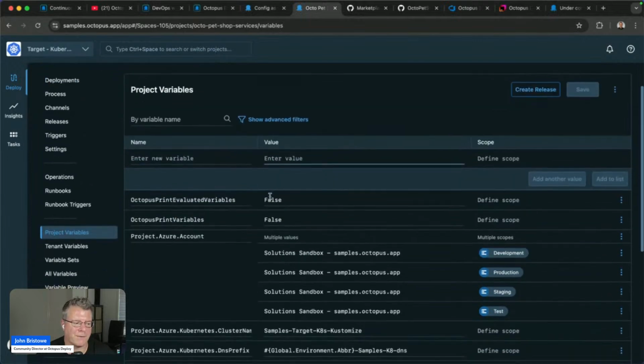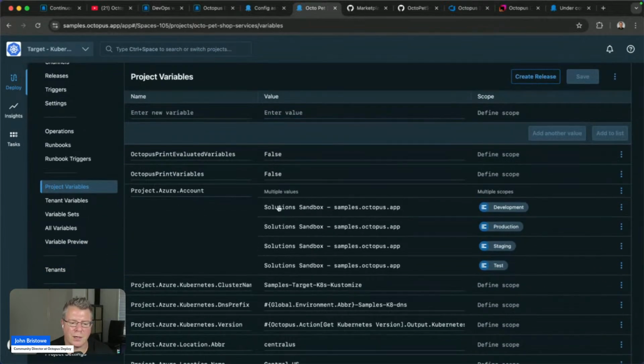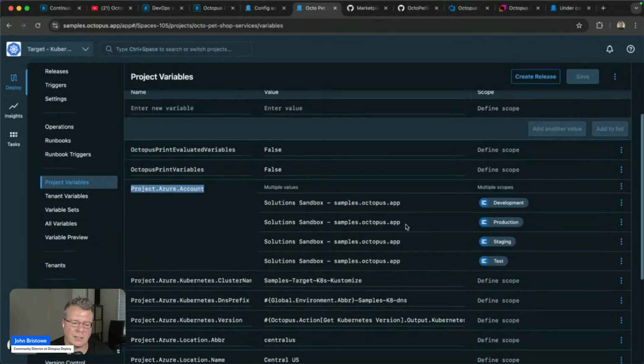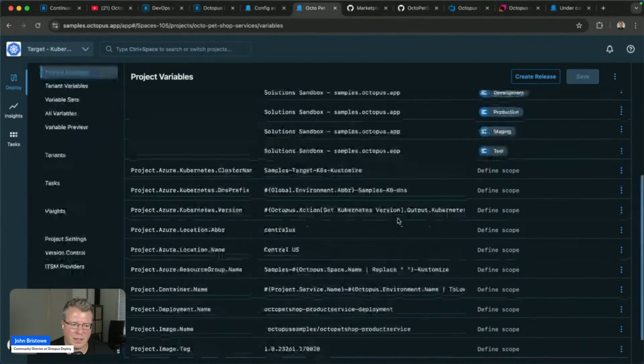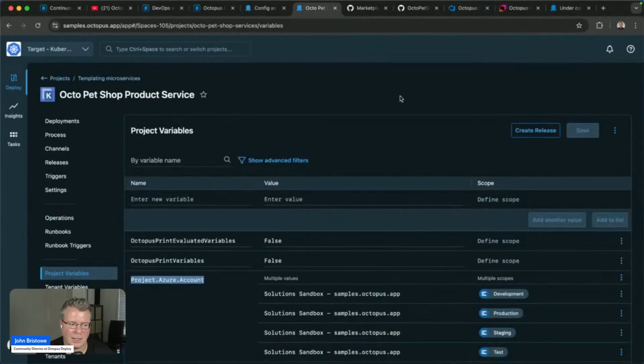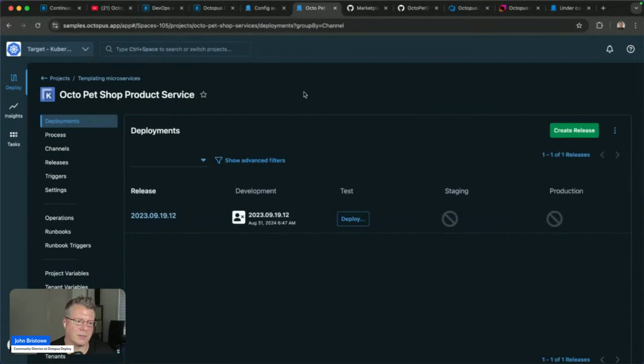If I wanted to, I can define different values here for each one of my different environments. So with these project variables, I may have a project variable listed as this and have it with different values depending upon the scope or the environment that I have defined here. I can define other types of scopes as well. So these values can change based on those types of scopes that I have defined, which is really nice. It allows you to consistently have the same name, but have it be flexible in terms of its value underpinning it. So essentially, that's Octopus Deploy.